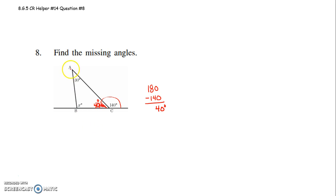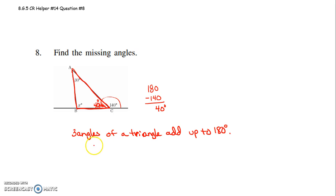Okay? Now, if I look here and I'm trying to find angle X, I know the three angles of a triangle add up to 180. So now I'm going to focus on the triangle here. Three angles of a triangle add up to 180. So if I take a look at this, I know if I have 30, that angle, plus 40, I got to look at the interior angles of that triangle that I've outlined in red, plus X, those three angles together